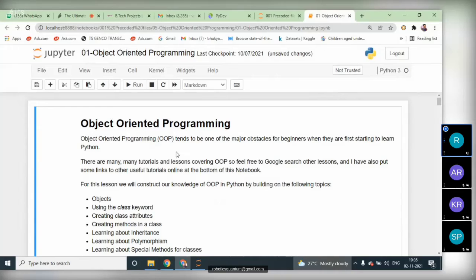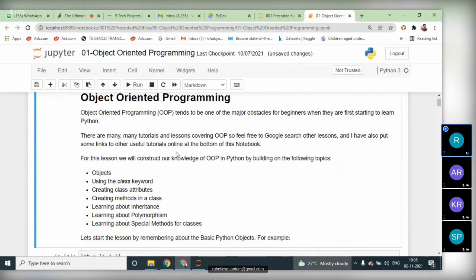So we are going to start object-oriented programming, which means we are entering the advanced concepts we require for our project implementation. As we know, in Python everything is an object. So whatever we are using in Python, like a class name or anything, will be an object. So what's the use of an object?